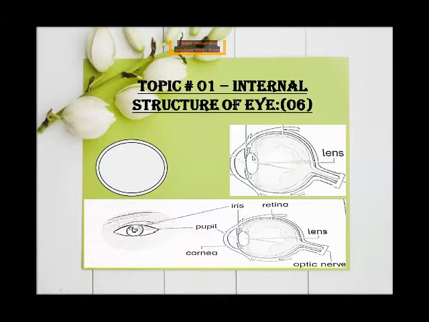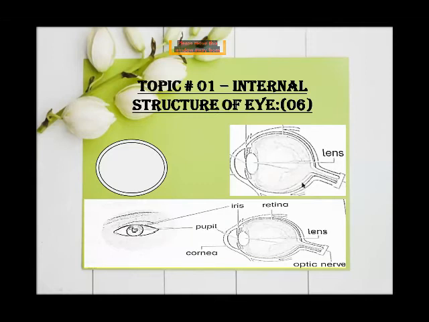Now we will draw the oval-shaped lens, okay, clear? And then you will draw a very neat and clean line. This line is called the retina, okay? And here you can draw just a straight line by hand. Don't use your ruler or scale. You can use your pencil, okay? Take your pencil and draw here 4 to 5 lines. These are the optic nerves. Clear? You will draw it.